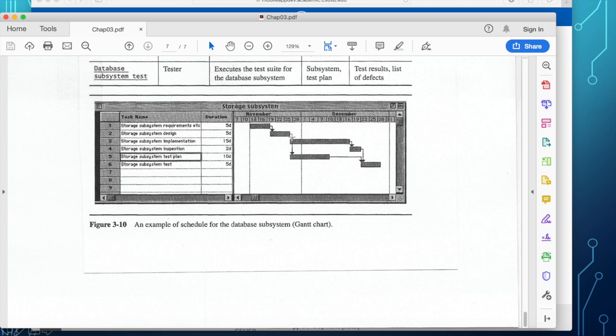But after the design is done, there are two parallel tasks that you can do. One is the coding or the implementation, and the other one is the test plan. So here, they have the plan of as soon as you start coding, you also start determining test cases.